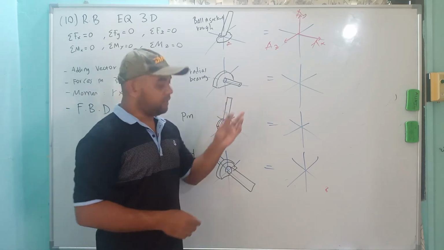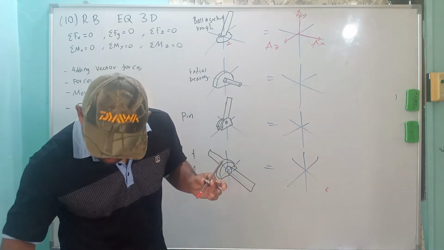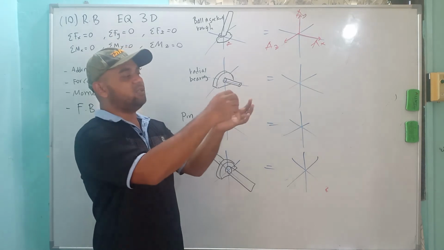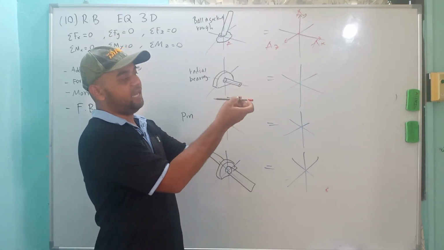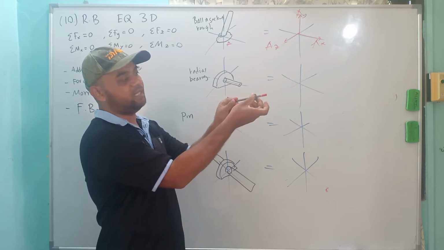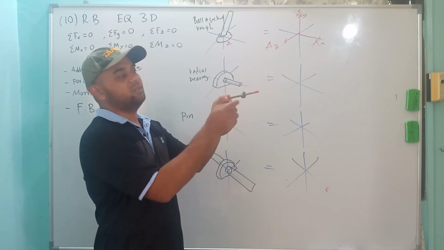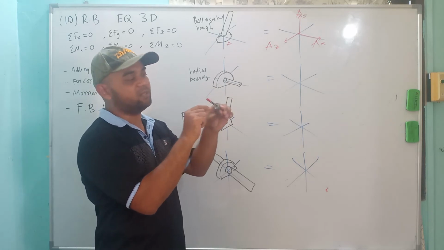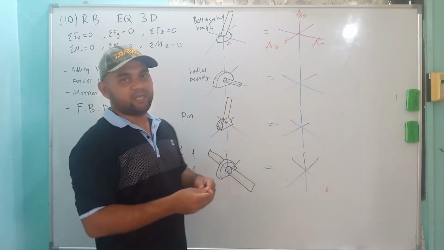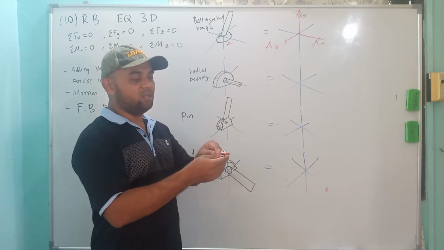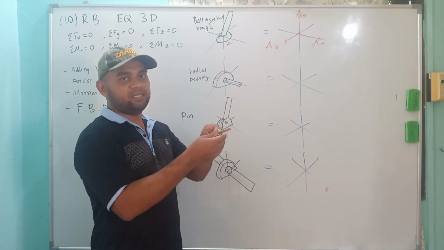A radial bearing here allows the rotation in X direction, but it also allows the movement on the X axis, meaning that this bearing can freely move. In this case, actually this is not a radial bearing because it should be fixed somewhere. It is an axial thrust bearing. But there's another type of bearing that allows the movement in this direction also.